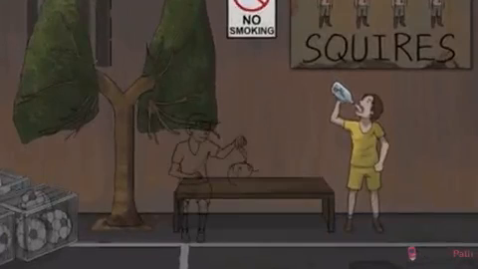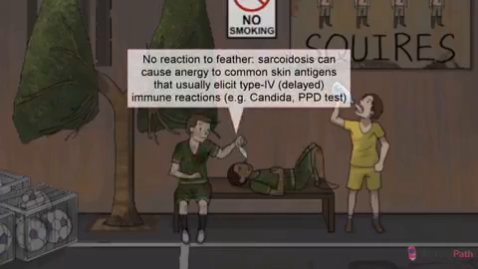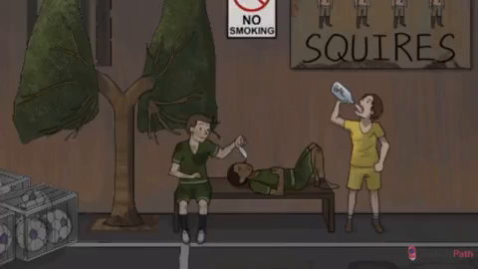Here's another clue. Sarcoidosis patients will often exhibit anergy, or no immune response, to common skin antigens such as Candida or a PPD test. Imagine all of your patient's helper T cells stuck in those granulomas. Then they can't do their jobs in the periphery, and the body won't be able to respond to stimuli that usually elicit a type 4 delayed type hypersensitivity reaction. CD4 cells are crucial for mounting that response, and a PPD test is a perfect example of that.